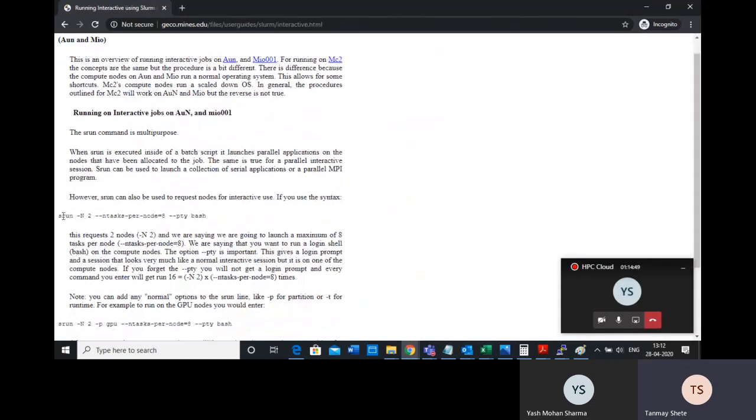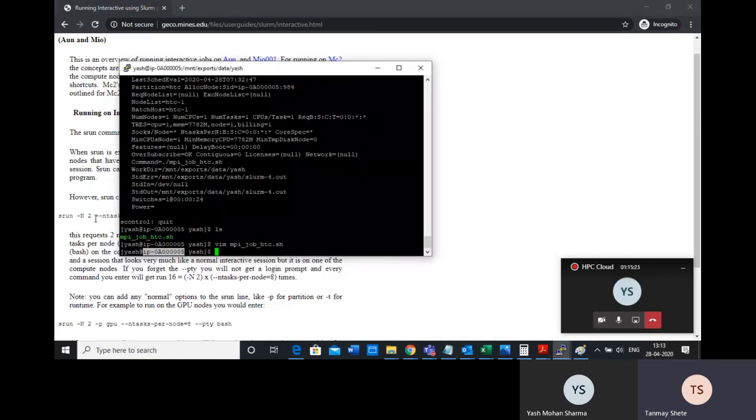For example, this is a command to run the interactive job. What it does is that srun is a command. Minus n means I need two nodes for the interactive, but generally you can say one node, and how many cores within that node. You can say I need 8 cores or 2 cores, and then pty and bash. Also give the partition.